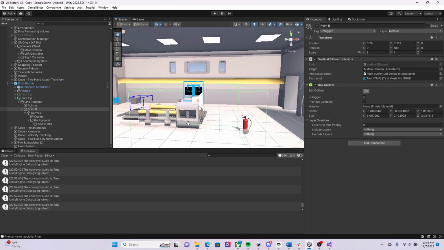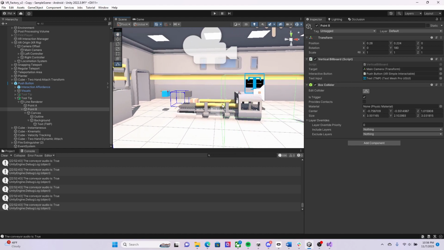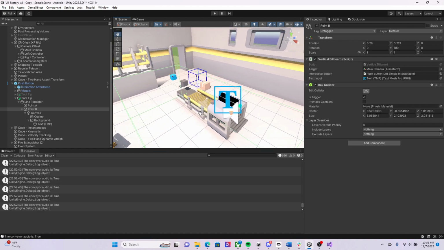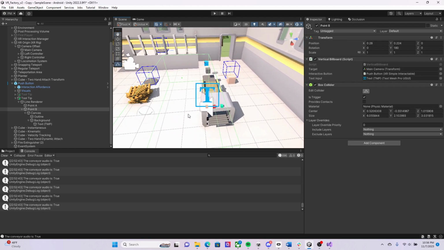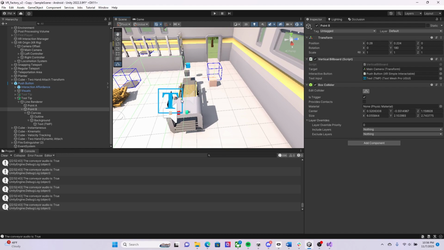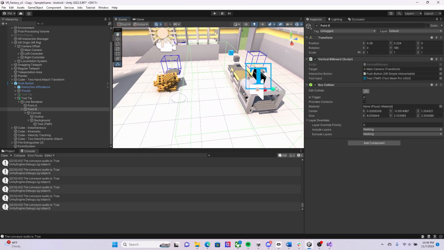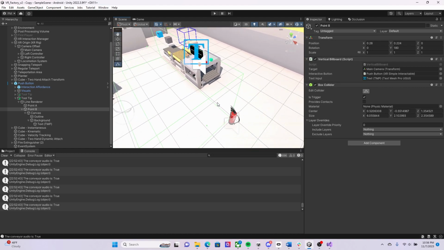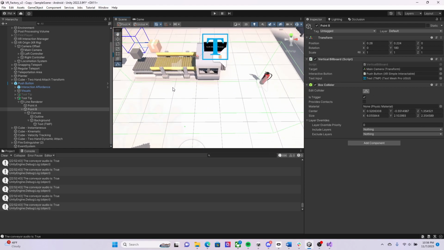And then I think let's extend it over here. Since our button is really only on this one side, I'm going to adjust it to be just this side. So if I enter what I'll call an interaction zone, that's where I want this to trigger. And let me pause here for a sec because I just want to double check something. Okay, now that I've checked on the steps here,